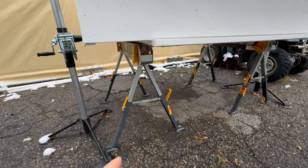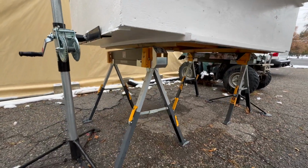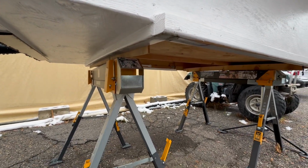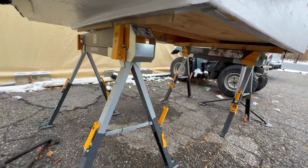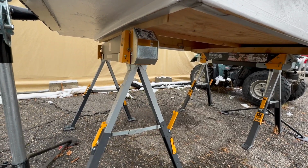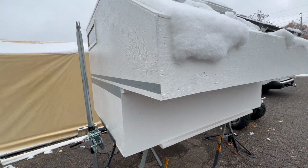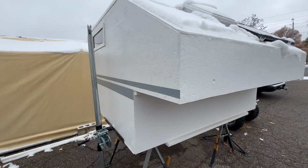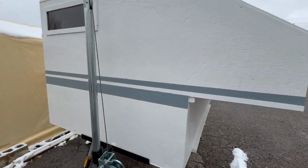And then I also use these sawhorses from Home Depot to just rest the camper on, and that has been working out pretty well. You can see that the ground is pretty uneven, so it's not sitting very well on the sawhorses the way I've got it, but it's okay. It's been sitting for maybe 2 months like that, and it's been just fine. Probably get all this snow off, but anyways,